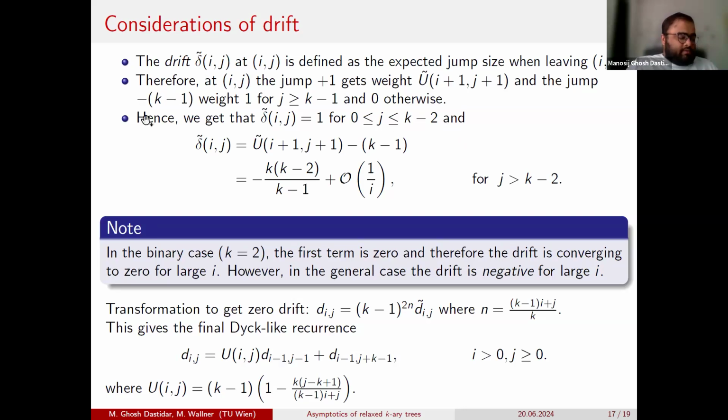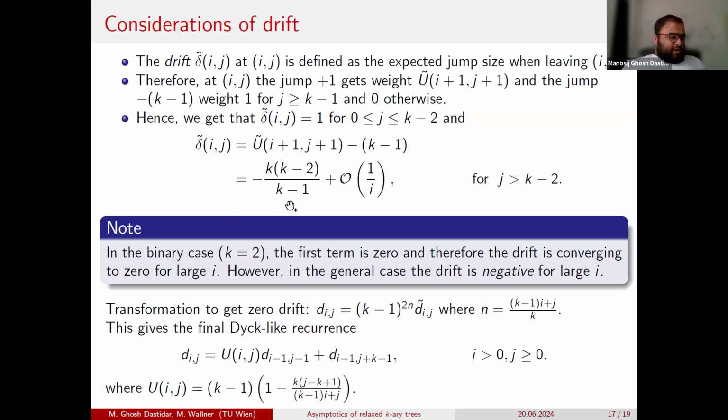So we can see here that in the binary case where k equals 2, the first term is 0. Therefore, the drift is converging to 0 for large i. But as we can see in the general case, the drift is negative for large i.